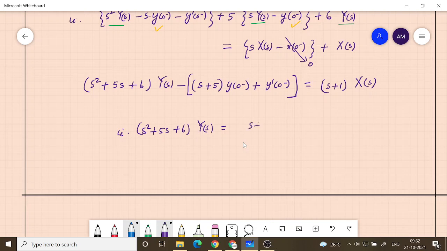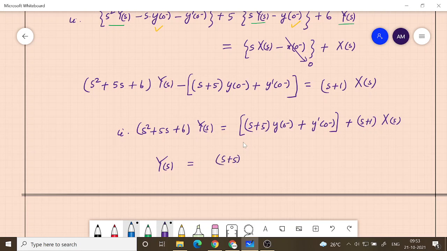So I will have s plus 5 into y of 0 minus, then plus y dash of 0 minus. Okay, so this is the first term, which I put in the square bracket. Now the sign will be plus because I took it to the other side, then plus s plus 1 into x of s. Okay, so the final step, I take the coefficient of y of s to the other side, so I will get